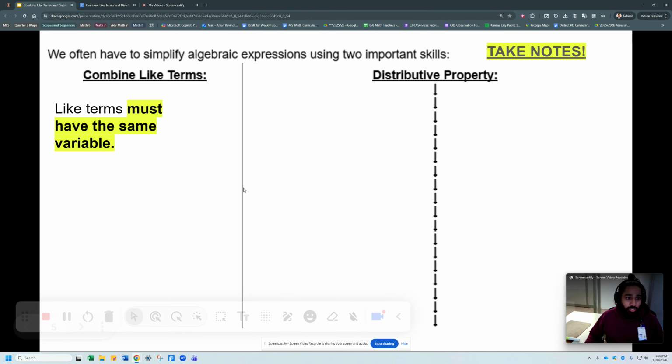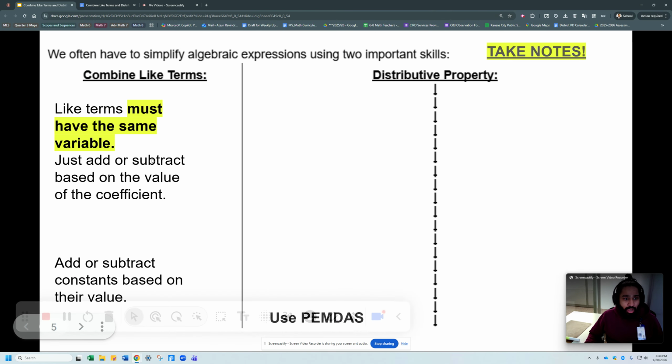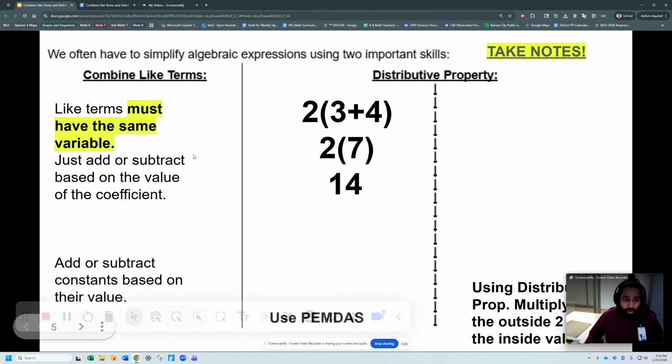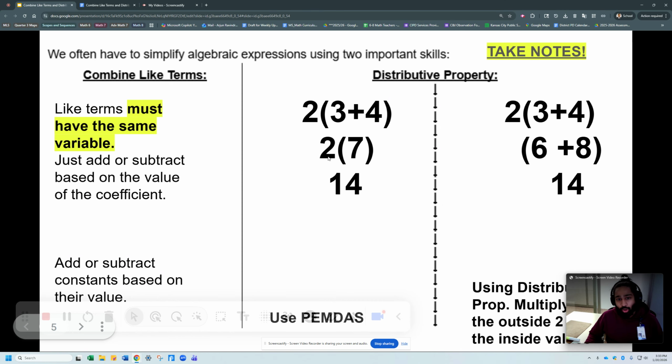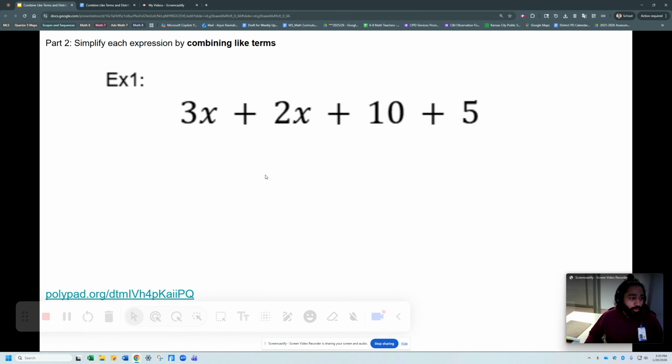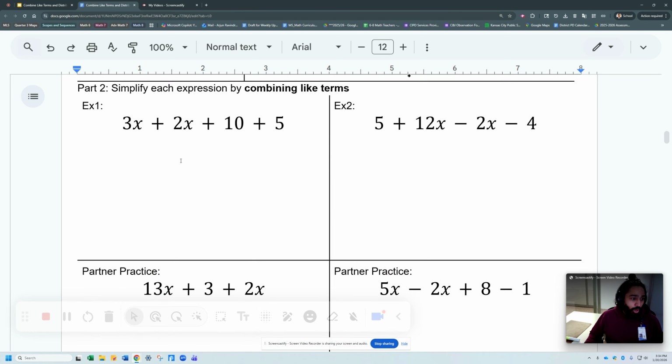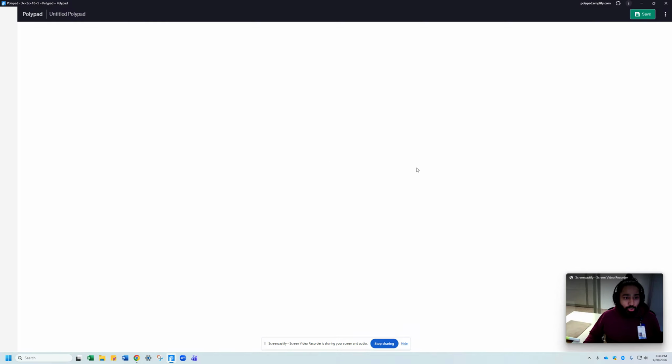And what is expected is right here. So kids would write that text down and then follow this example of why it works. And so a teacher would really bring that to life. So here's the first one with algebra tiles. It says simplify each expression by combining like terms. So students are now on this example, 3x plus 2x plus 10 plus 5. Again, you would click on the link and really show them why 3x plus 2x